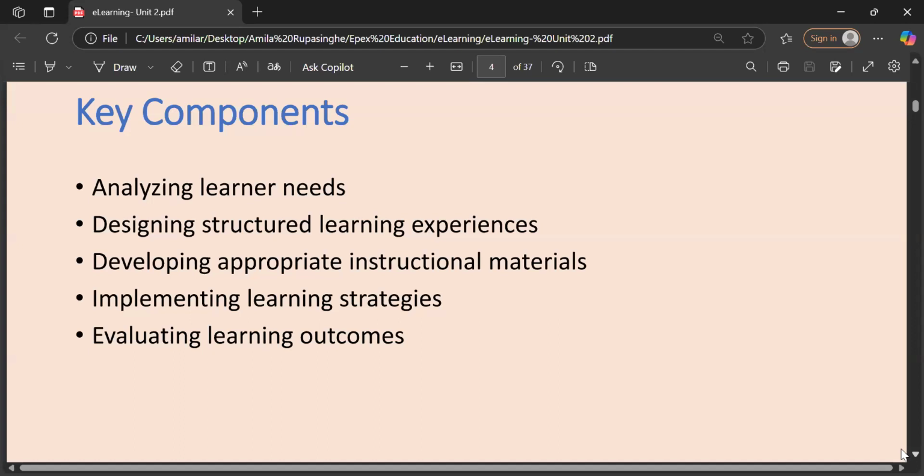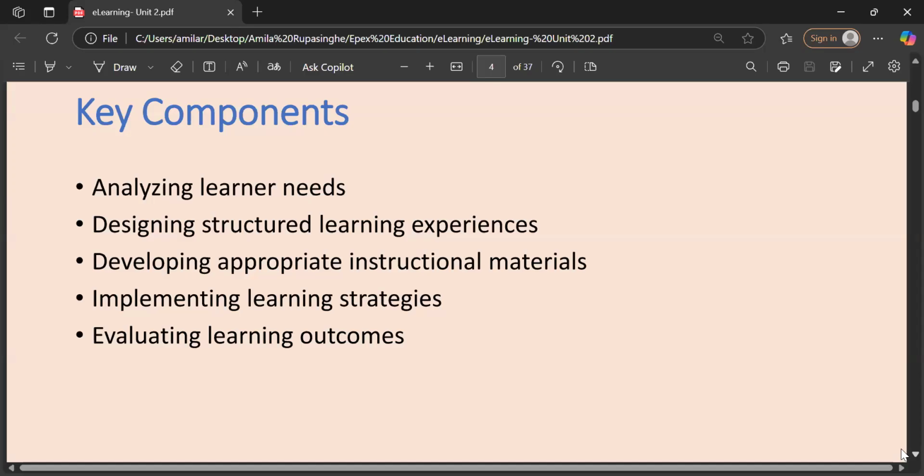Now, for your program, we have decided that we are going to do online lectures, right? So, that is the learning experience that we are going to give you. Structured learning experiences. Experiences should be structured. Structured means, maybe a breakdown, maybe a step by step systematic way, some methodical way of giving learning experiences, right?